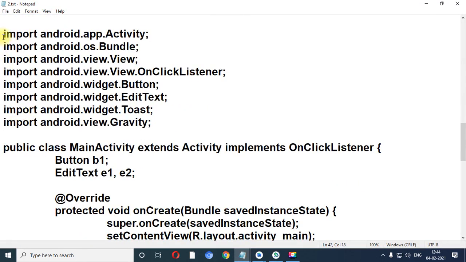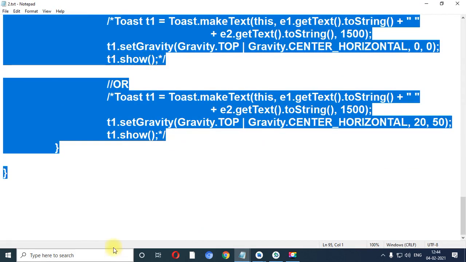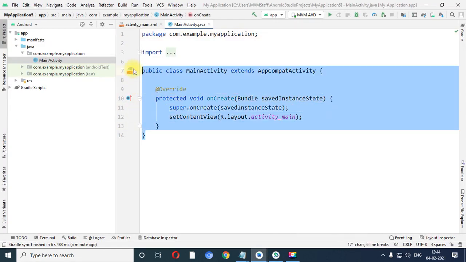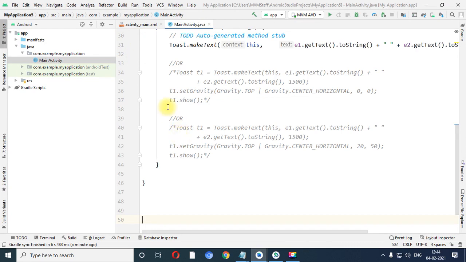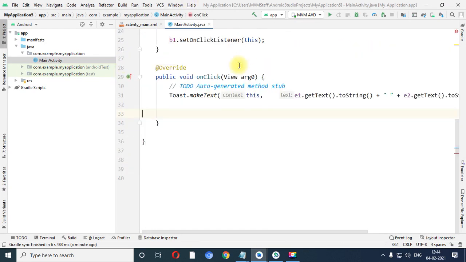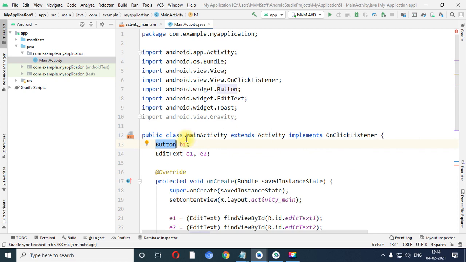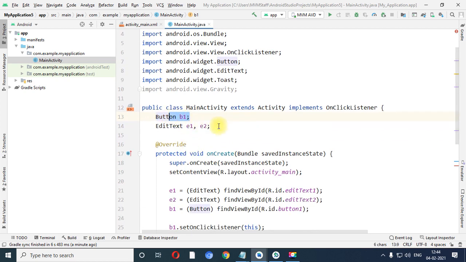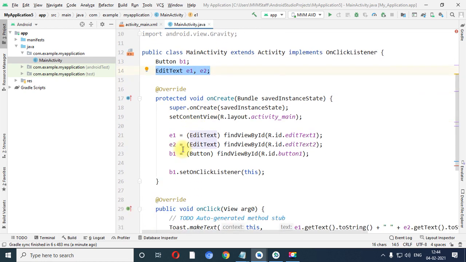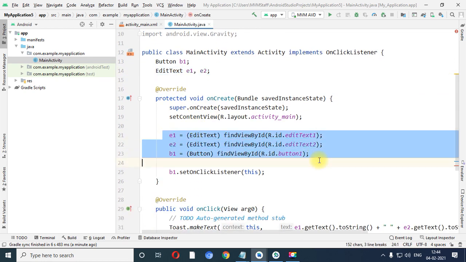Let me copy the code and paste it. Right? What we perform? Button class, object B1, edit text E1 and E2, create objects of all the three classes.